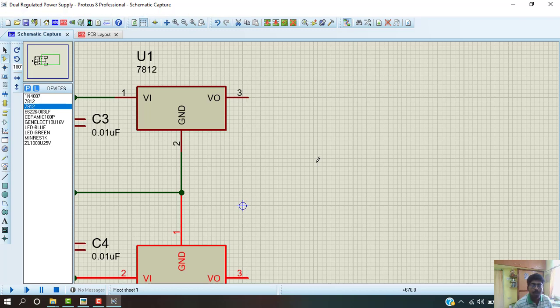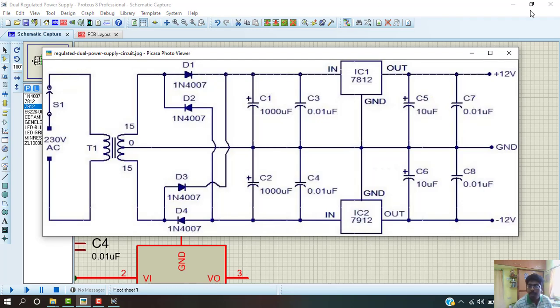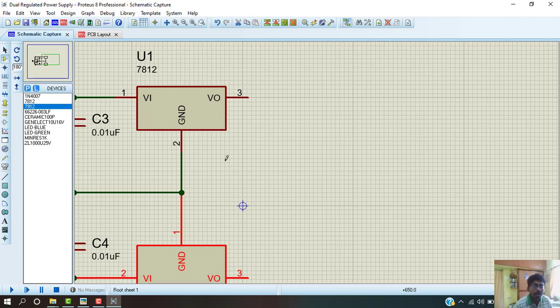Here at this time we have completely rectified and regulated the power supply by removing the major ripples in the rectifier by adding 1000 microfarad capacitors. Now we are going to the DC side. Now we are going to add a 10 microfarad capacitor for reliability and to avoid a voltage drop while turning on a load.